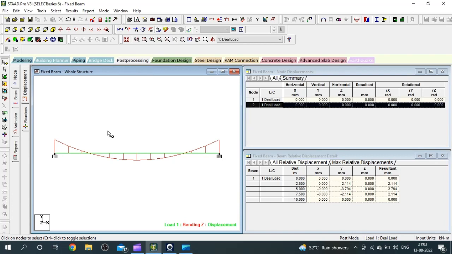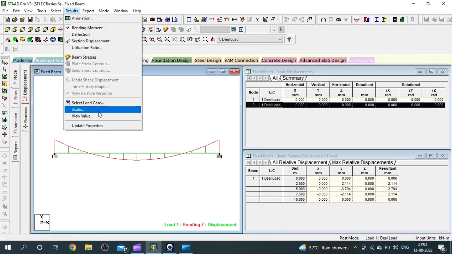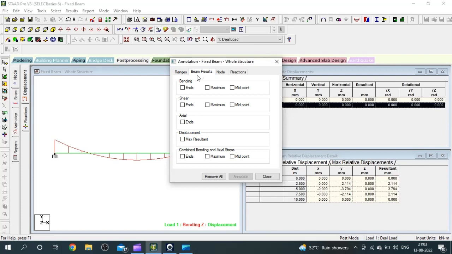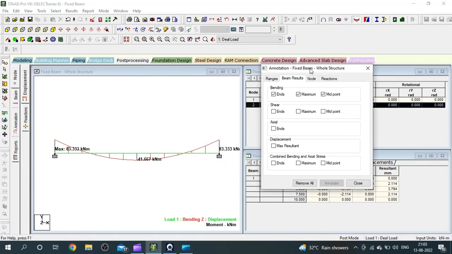To see the value of maximum bending moment at the fixed support, just click on results. After that, view value and beam results. Now click on this box, that is bending at the end, maximum and midpoint. Now click on annotate. Once you click here, you can see that the maximum bending moment generated at the support is 83.33 kilonewton meter,